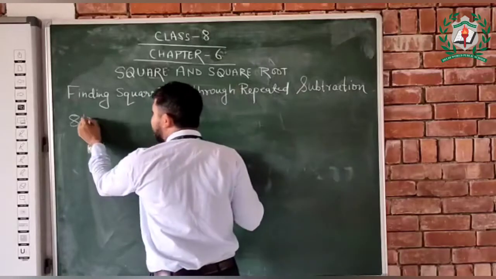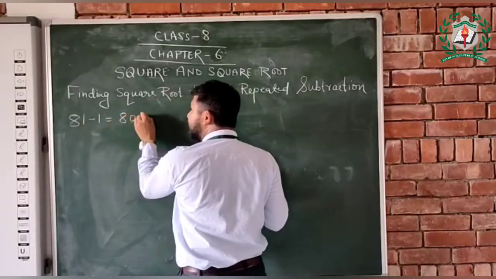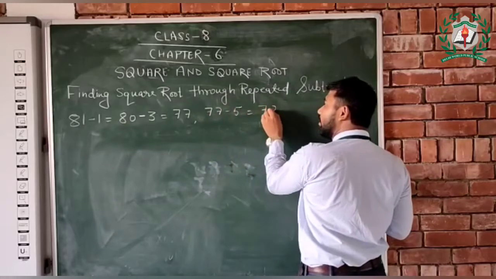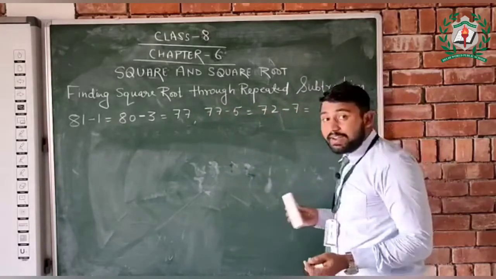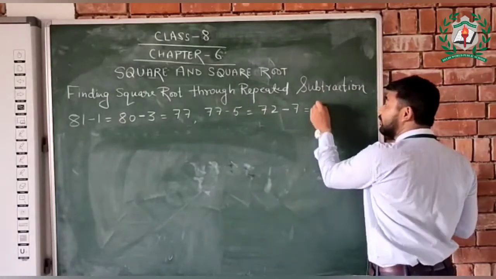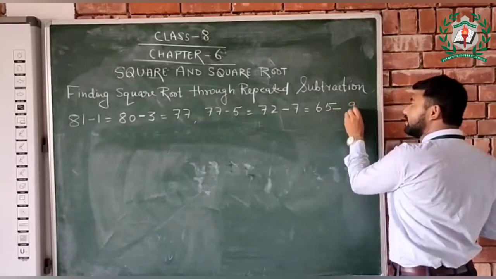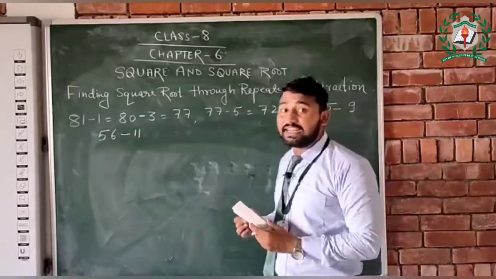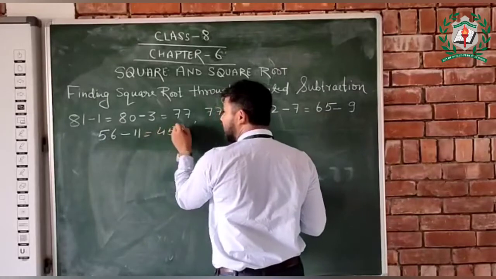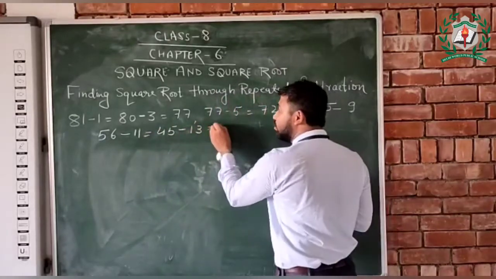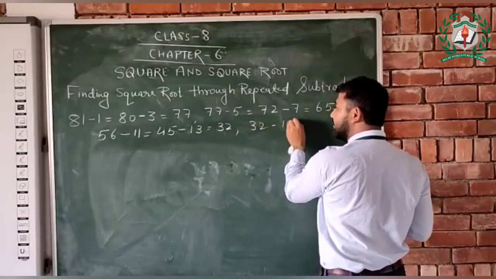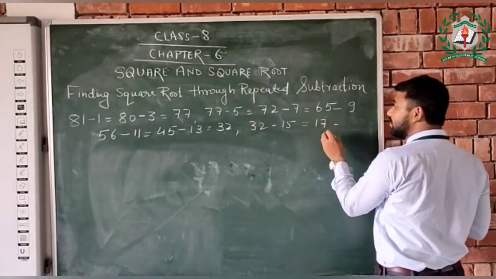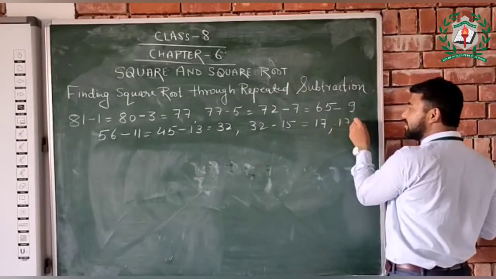So let's see, first odd number: 81 minus 1 that is 80, minus 3 that is 77, minus 5 that is 72, and 72 minus 7 that is 65. 65 minus 9 that is 56, and 56 minus 11 that is 45. 45 minus 13 that is 32, and 32 minus 15 is 17, and 17 minus 17